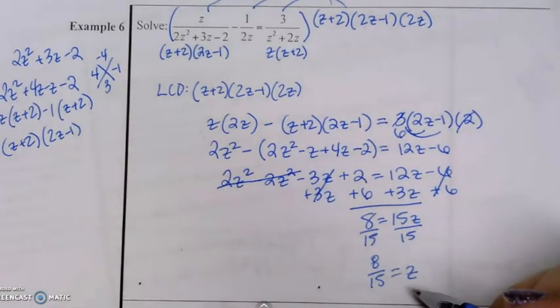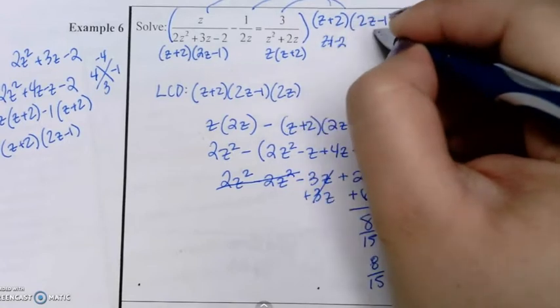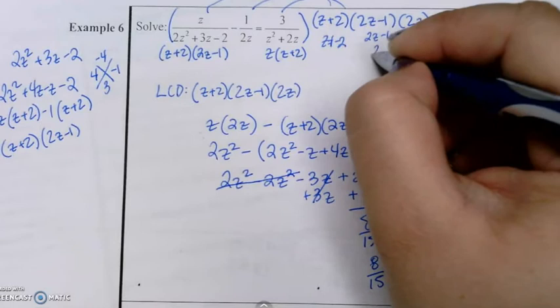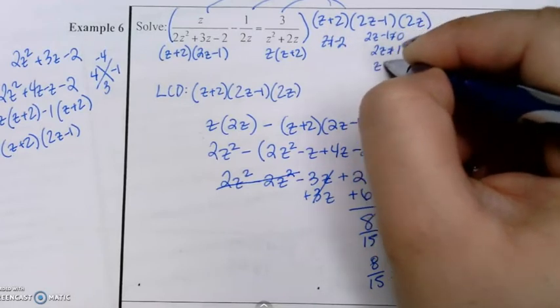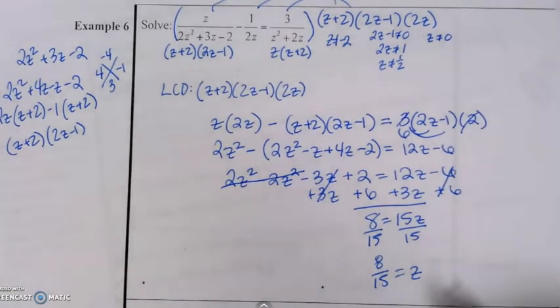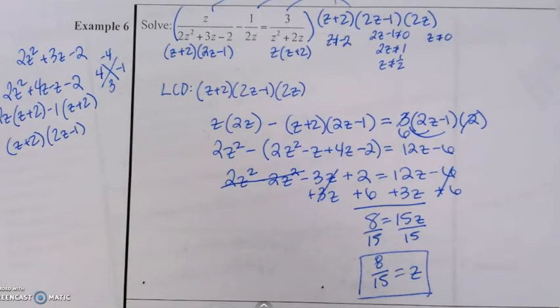And then we have to check. So this tells me z cannot be negative 2. 2z minus 1 cannot be 0. So 2z cannot be 1, so z cannot be 1/2. And here z cannot be 0. This is none of those, so this answer is not extraneous. That's our solution. Okay, go ahead and do the try this, and then we will look at the 6.6 packet,